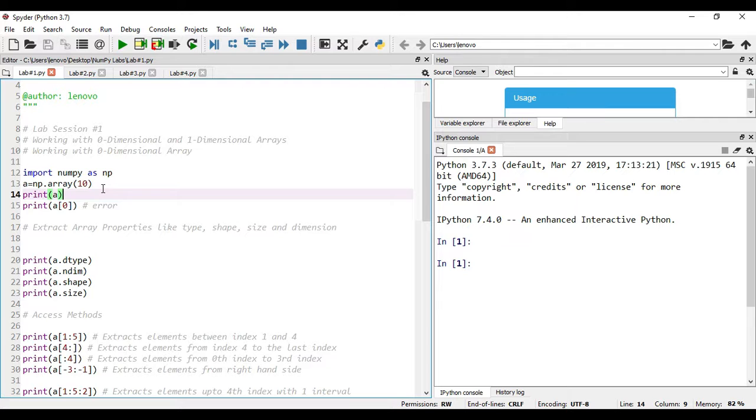Let us try to see how this code will be executed. In order to see the results, before that you need to understand this particular environment. The entire code for this lab session I have developed using the Anaconda Python distribution, specifically using a software called Spyder with Python 3.7. Don't worry, this code is going to work even in the latest version of Python, Python 3.8.3, which was released on 13th May 2020.